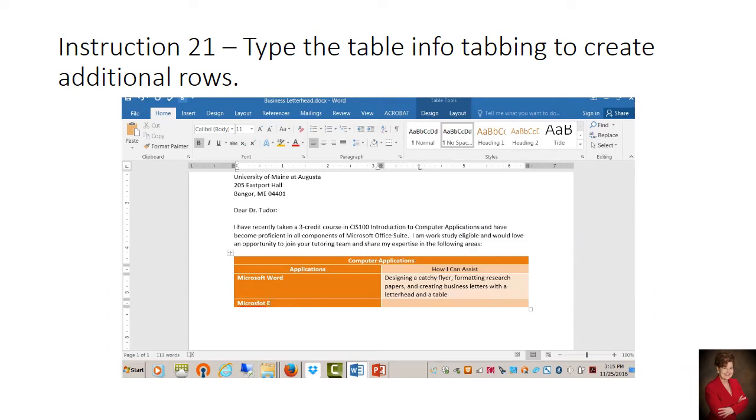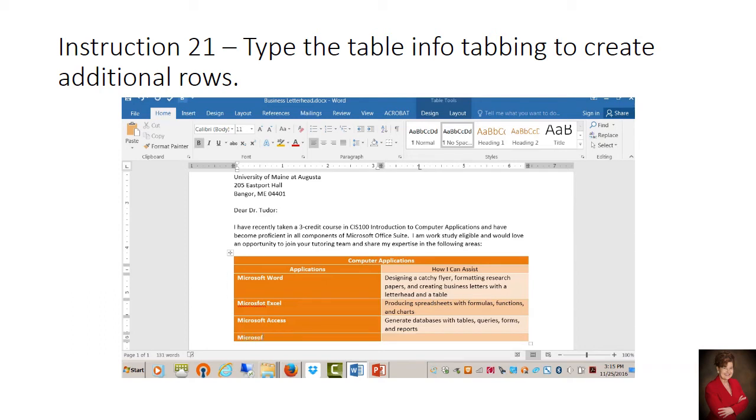In this cell, we are typing Microsoft Excel, tab, Producing Spreadsheets, with formulas, functions, and charts, tab, Microsoft Access, generate databases with tables, queries, forms, and reports. Tab,